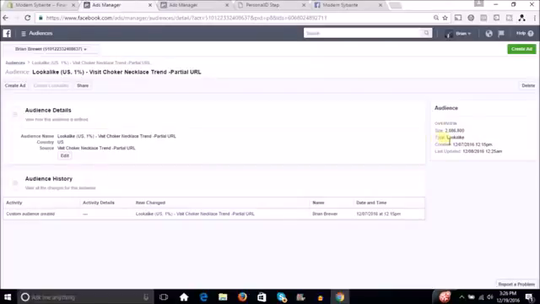Now Facebook's going to give me 2 million more people in the United States that are going to be nearly identical to these people. So I can serve that original ad back to these people, and my conversions are going to skyrocket again because this is a whole new group of people. The first ad that I ran, I targeted an audience of people who were interested in jewelry. Facebook allows you to target different demographics. The easiest way to do it is to target people who